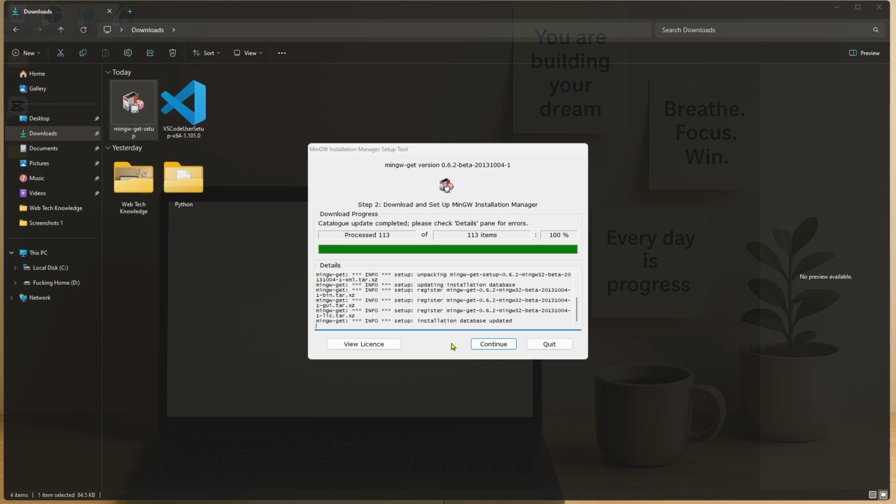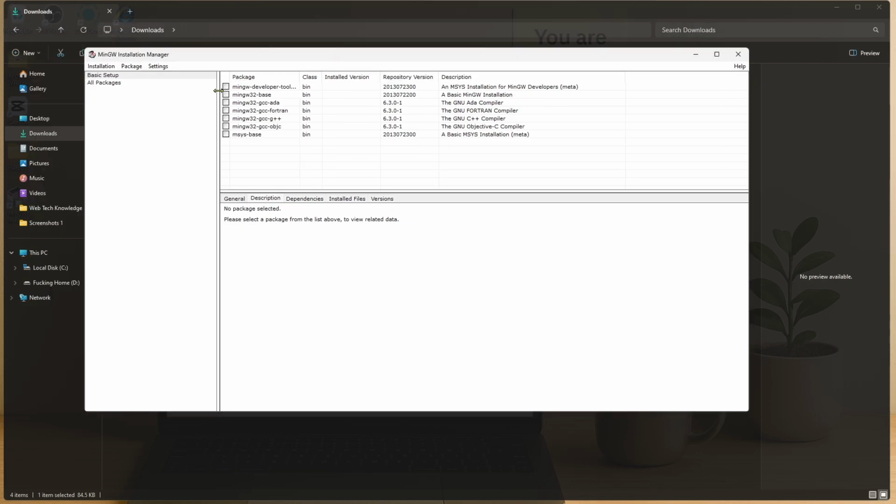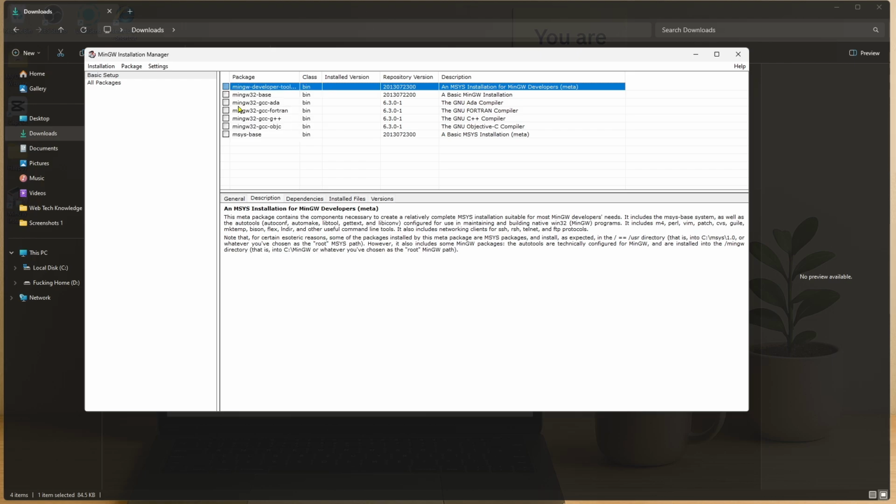And as you can see right now, the installation is done, and next we need to go for setup step 2, download and set up the MinGW installation manager. For that, we need to click on the continue option, and here you'll get the MinGW installation manager. And from here you need to check the MinGW developer tool. First we need to check it,